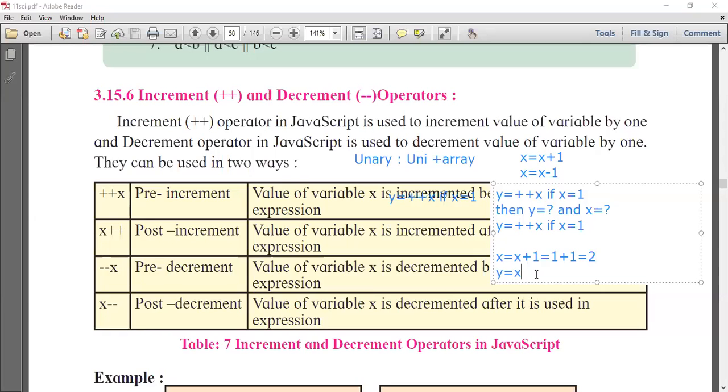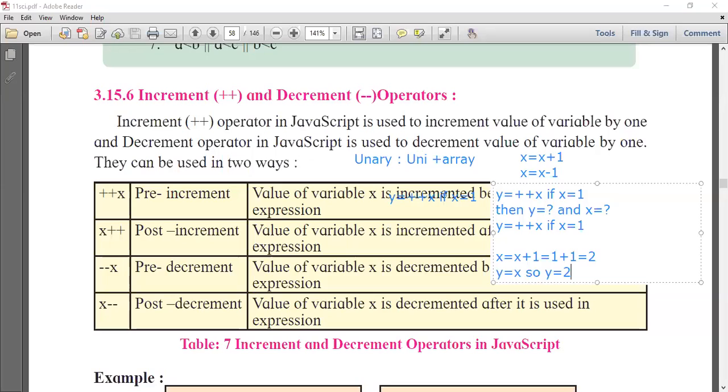Now this second sentence will execute, that is y is equal to x. Whatever value you get in the first expression will be substituted into the second expression, always on the right hand side. So x is at the right hand side, and y is equal to the value of x, that is 2.